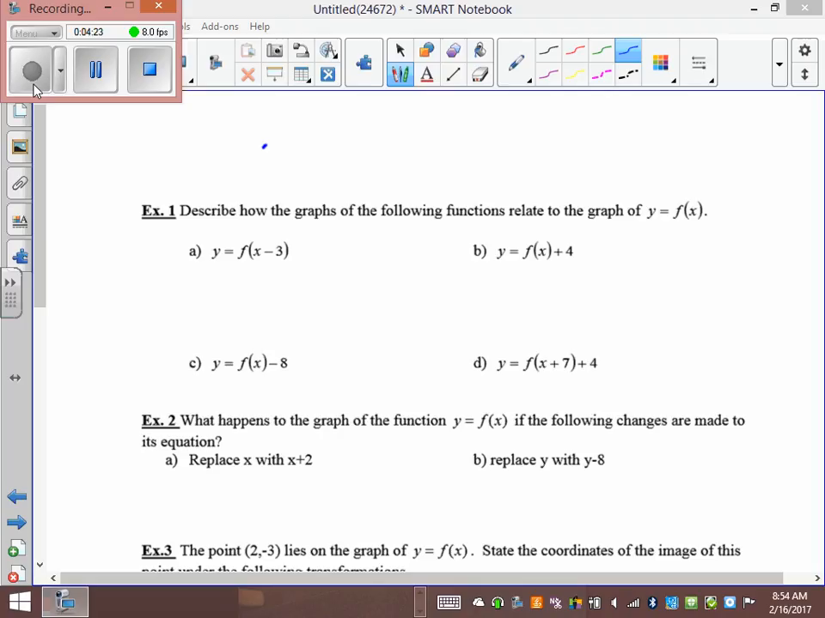Last days. Describe how the following functions relate to the graph of f of x. So what is this? A translation. If it's with the x, it's yes. Horizontal translation, 3. Which way? Right. Because when it's with the variable, you always take the opposite, and x is always with the